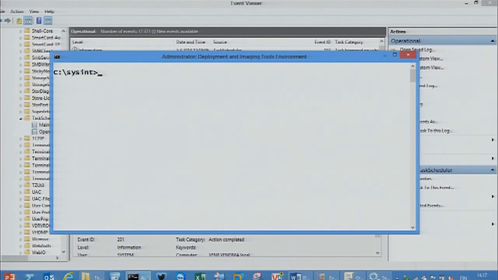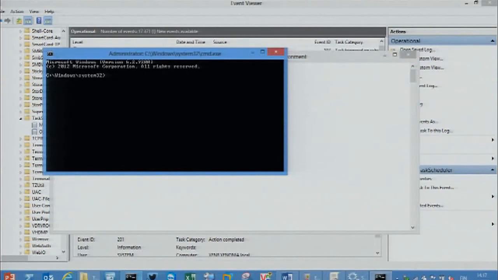So I have the Sysinternals tools here and PsExec. So just psexec -sid, system interactive, don't wait, cmd.exe, which is now running as system, and then just go and start task scheduler